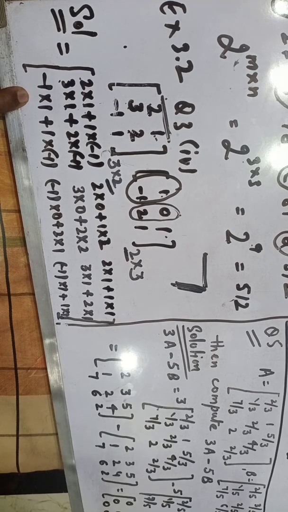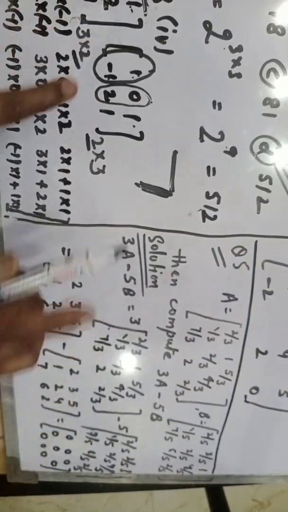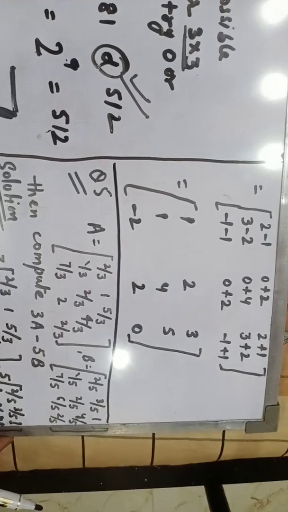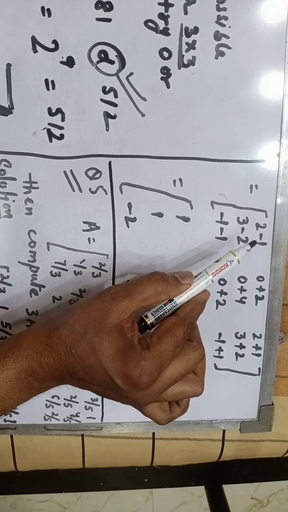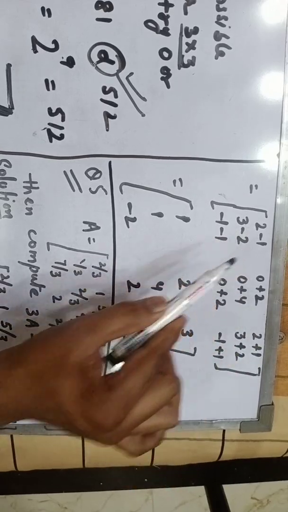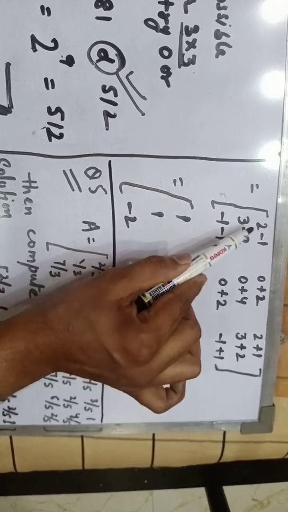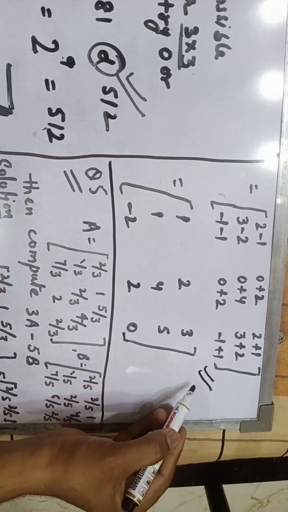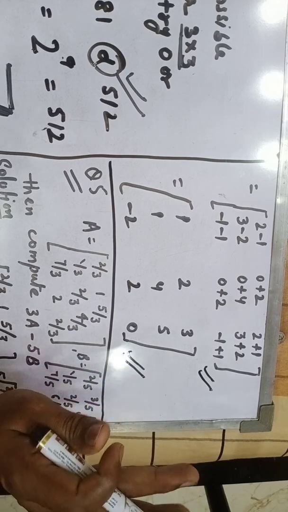Fine. After doing all the multiplication, you will get this one. After calculating this plus or minus operation, you will get this, and the matrix which you will obtain would be 2 minus 1 1, simply addition and subtraction. I'm telling you, you can do this. You are in 12th standard and you can do addition and subtraction, I know. So this is how you will get the product.